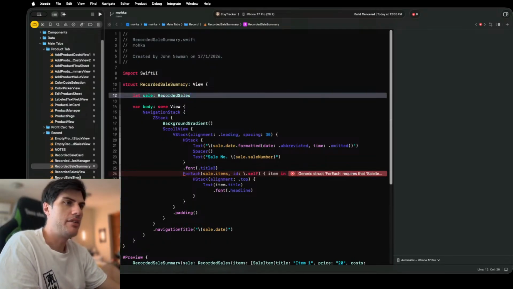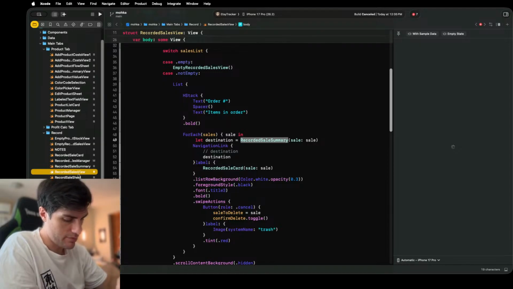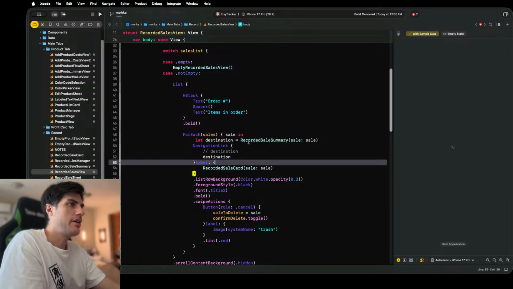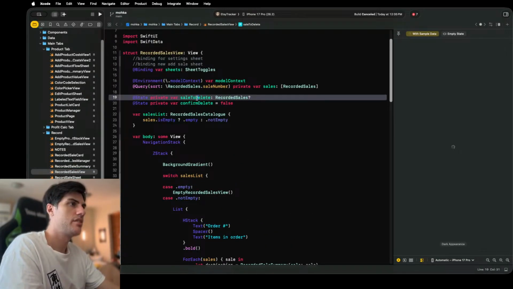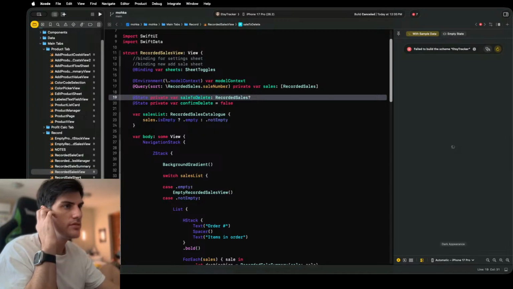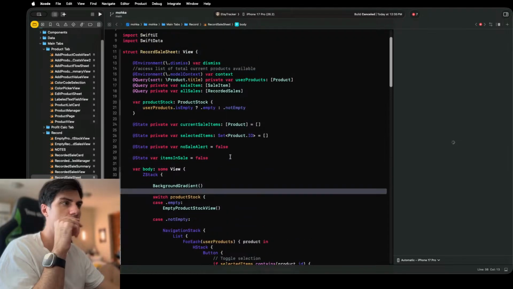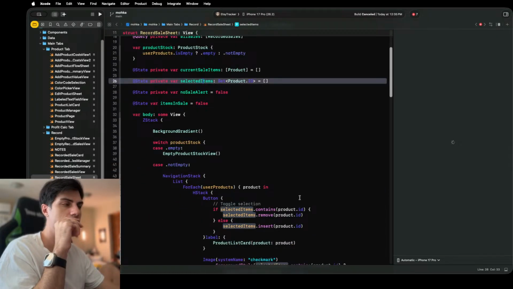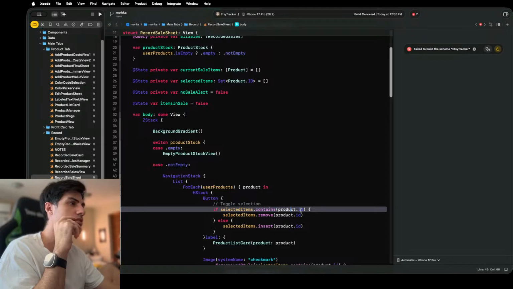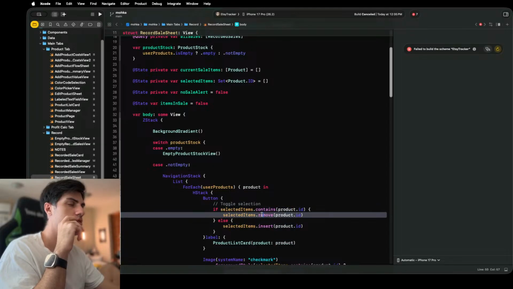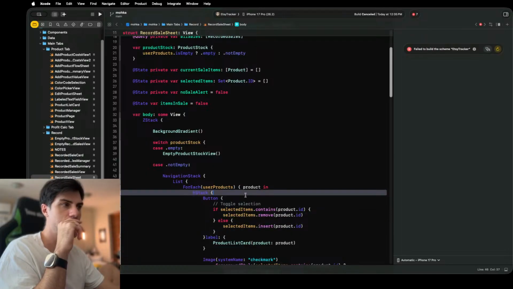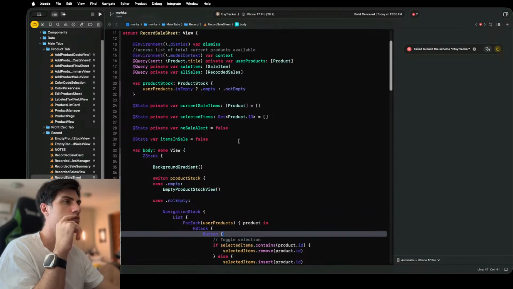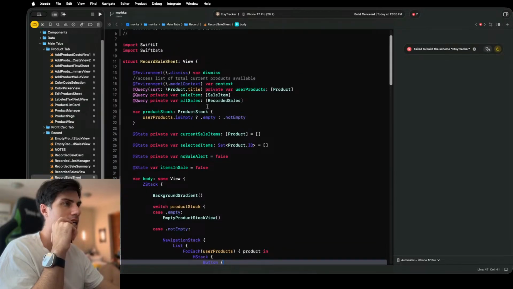Right, that's fine, but I don't need to rewatch myself more. Right, so here's the question. Where did I actually put the thing to populate itself? A record a sales sheet. If selected item contains product ID, toggle selection. Oh yeah. So this will display